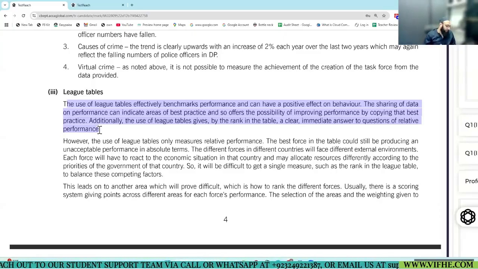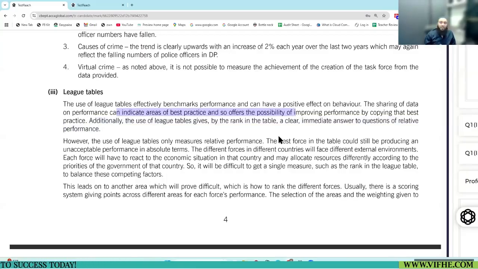Like, a league table will result in giving you the idea of which police is performing good, which is performing bad. Best practice will be transferred. It will help to improve the performance of the police service. Positive sides.